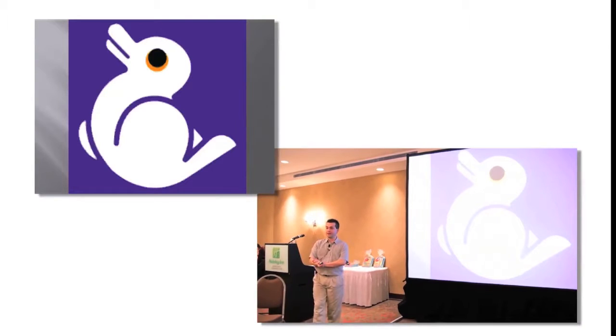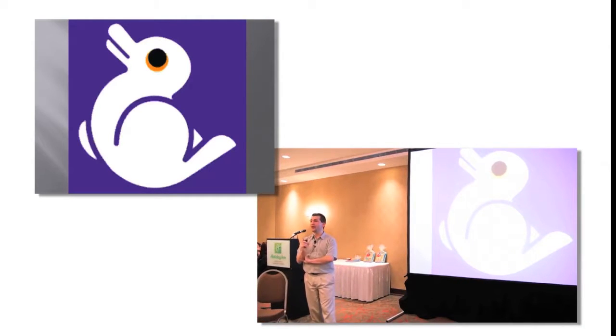Now, here's the funny thing. If I had told you ahead of time, I'm going to show you a picture of a bunny, everybody in the room would have seen the bunny first. Some people might then have gone, oh, but it could actually be something else. But everybody would have seen the bunny. Because our brains filter information based on our expectation and our knowledge base. If I know what something is, I'm going to interpret it in that way ahead of time, and I'm going to see how it fits what I expect.